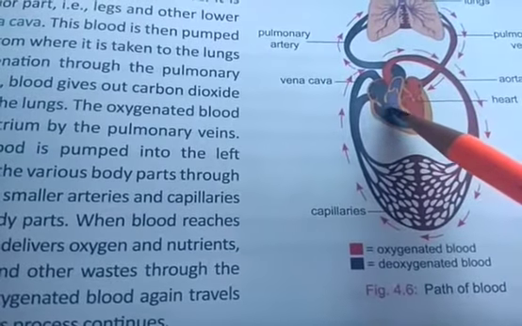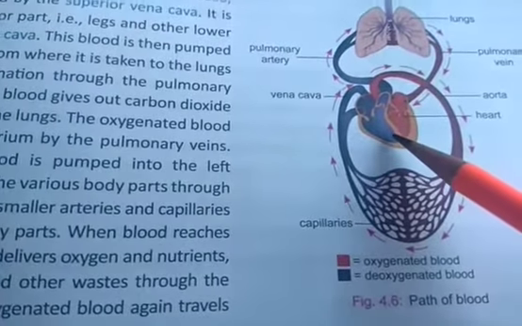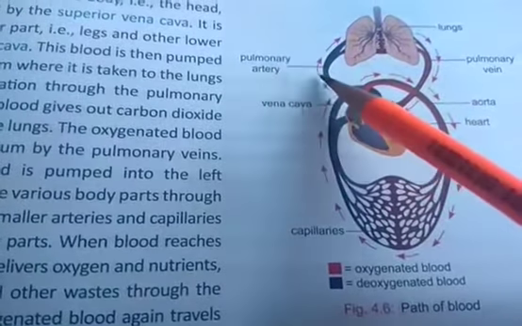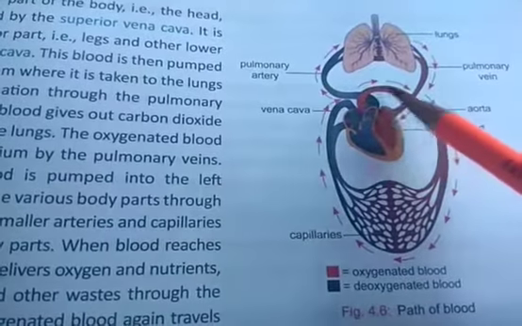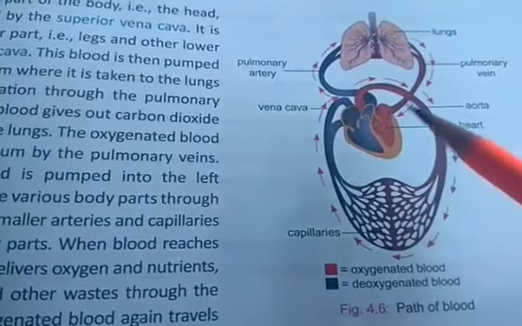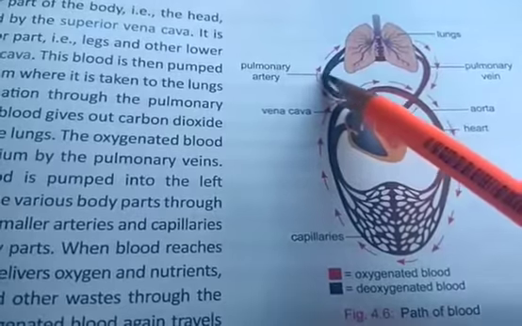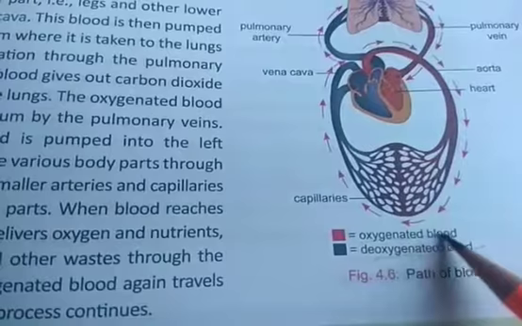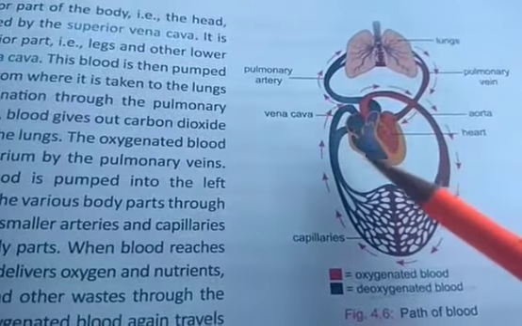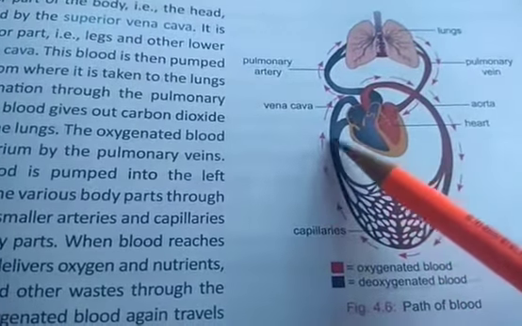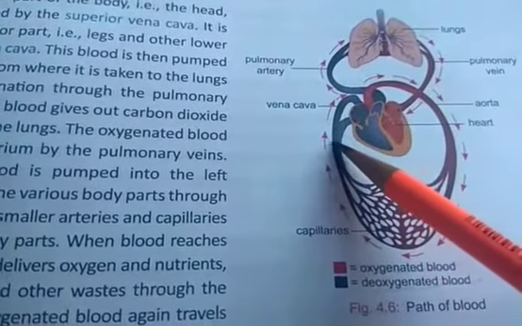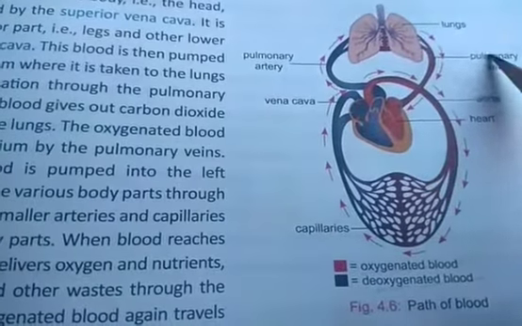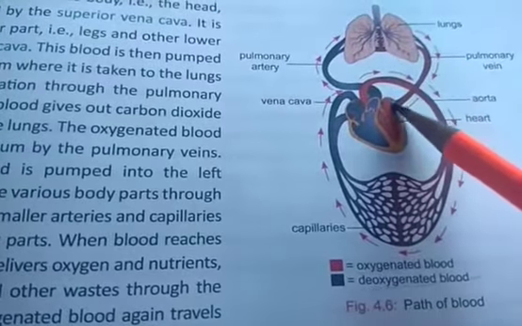From there the blood will fall into the right ventricle, and from there the blood will pass to the lungs through the pulmonary artery. Okay, so this artery is carrying the oxygenated blood, but the pulmonary artery is carrying the deoxygenated blood. In blue they have shown you the deoxygenated blood, in red they have shown you the oxygenated blood. Okay, and for the rest of the veins, you can see blue is there. So the rest of the veins are bringing the deoxygenated blood to the heart, but this pulmonary vein is bringing the oxygenated blood to the heart.